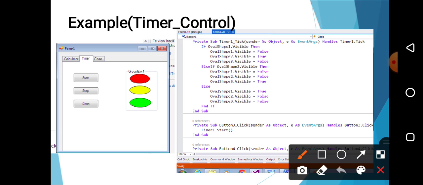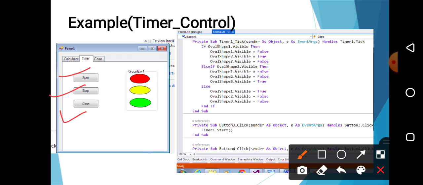As I said, a timer is used to repeat a particular task at a given interval of time. Here, I have designed one form using three buttons. First one is start, second one is stop, and third one is close. Here I have taken three oval shapes.